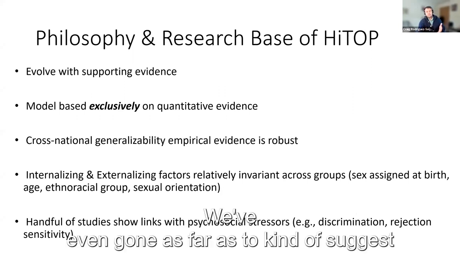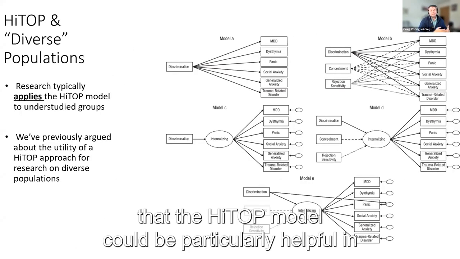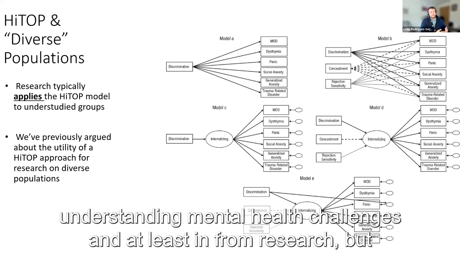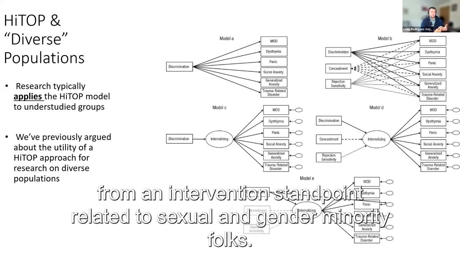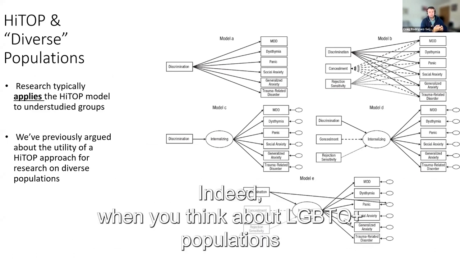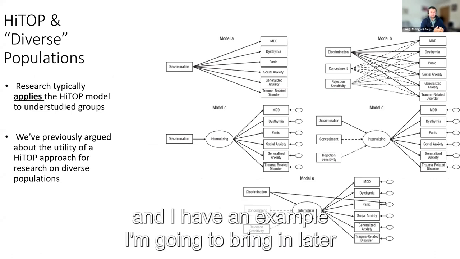We've even gone as far as to suggest that the HiTOP model could be particularly helpful in understanding mental health challenges, at least from research, but also from an intervention standpoint, related to sexual and gender minority folks. Indeed, when you think about LGBTQ plus populations, and I have an example I'm going to bring in later on,